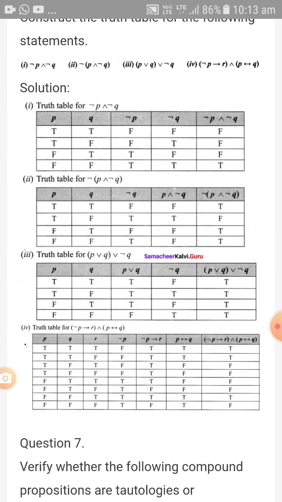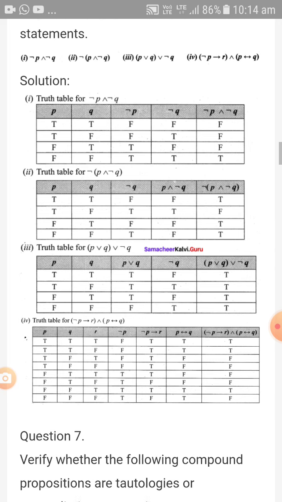Next we are going to see the second one: not in brackets, P and not Q, they have given with bracket symbols. In the same way we write P and Q. Not Q means true becomes false, false becomes true. Inside the bracket we take P and not Q, so we have to compare P and not Q. True false means false, and so on: only true true gives true, the others are false. Here the not symbol is outside the bracket, so in the same way false becomes true, true becomes false. We have to change it and write it.